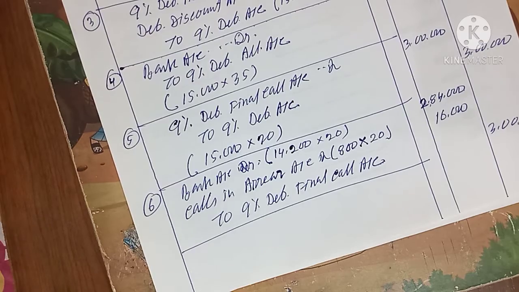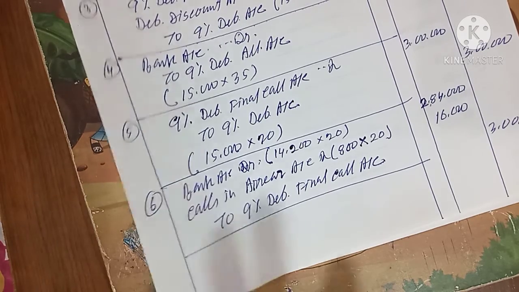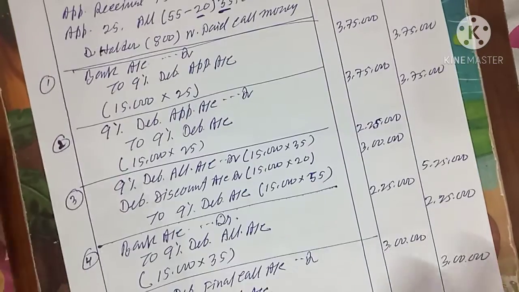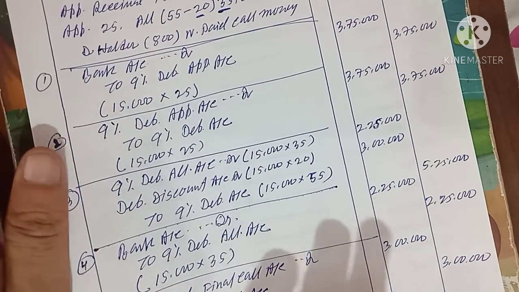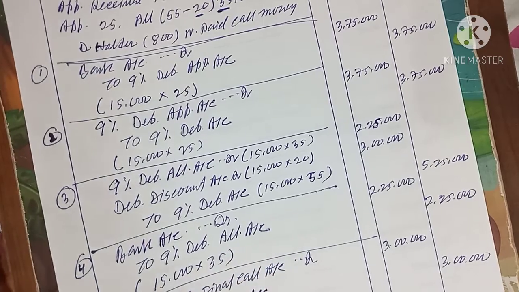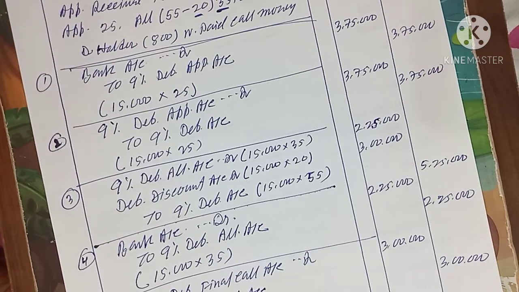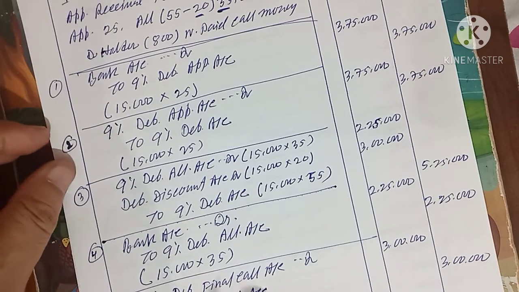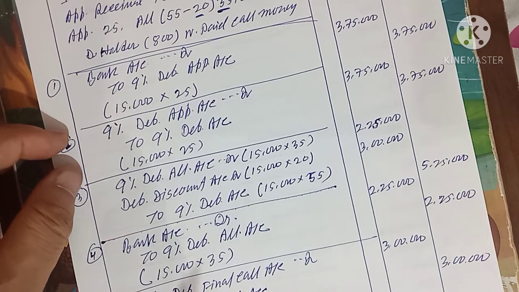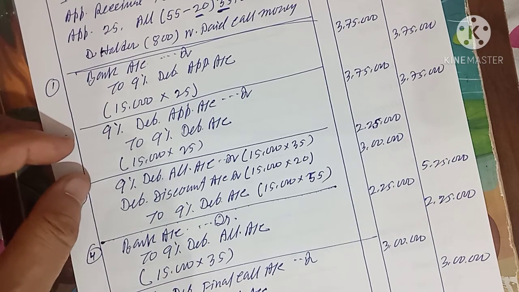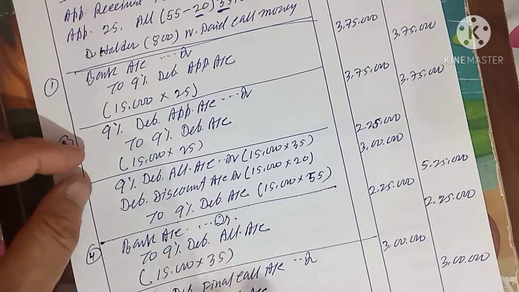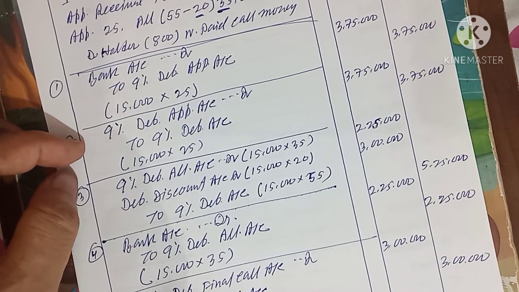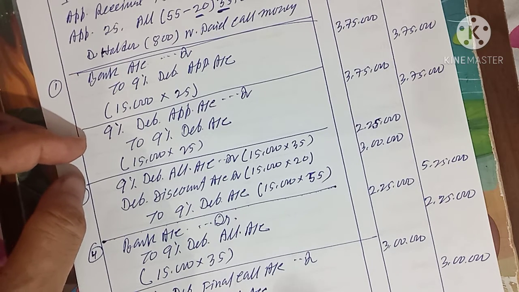So till now what I taught you is just only the issue of debentures. Very easy way. Journal entry is very easy. Whatever you have learned from the previous chapter, same thing. Call, receive, call, receive, call, receive. Only you have to keep in mind whether this question is with discount or with premium. But discount and premium both will not be in the same question. In the same sum you will not get discount as well as premium both. Either you will get premium sums or discount sums.